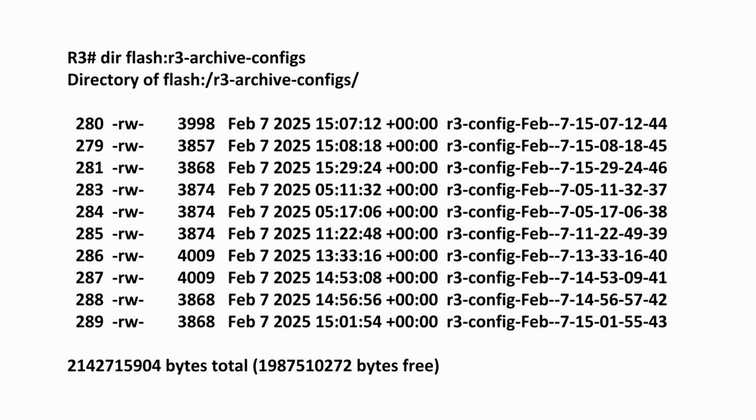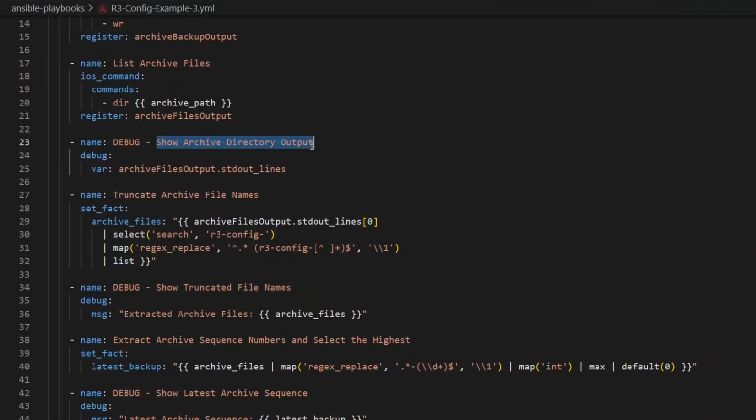The output will look like this. Bear in mind it may not be ordered depending on the iOS version as well. I've just highlighted the sequence numbers just to demonstrate that the highest is 46 in this example. Okay, this will show the raw output through a debug and store it in a variable. This just prints out the raw result of the dir command, so you can see exactly what file names and